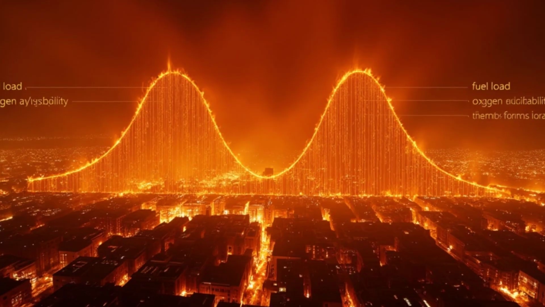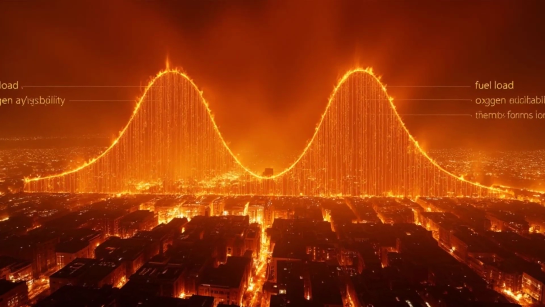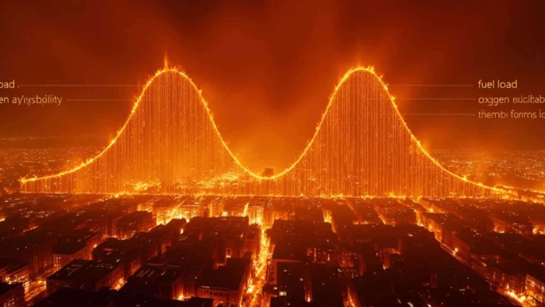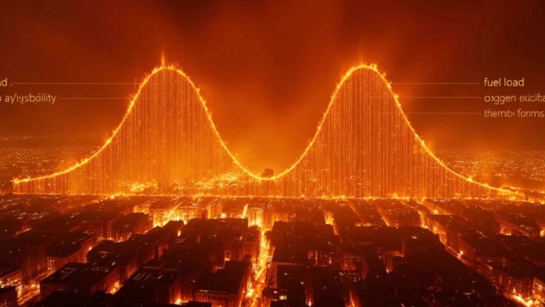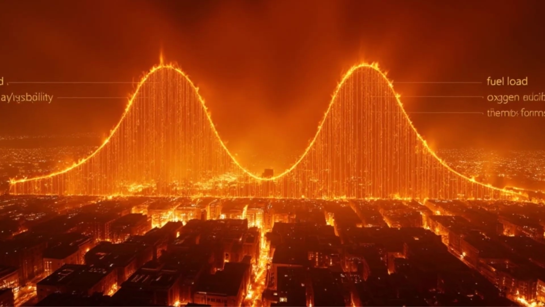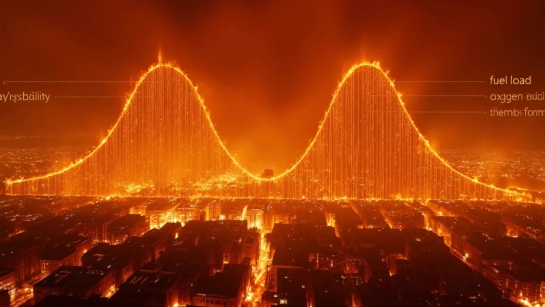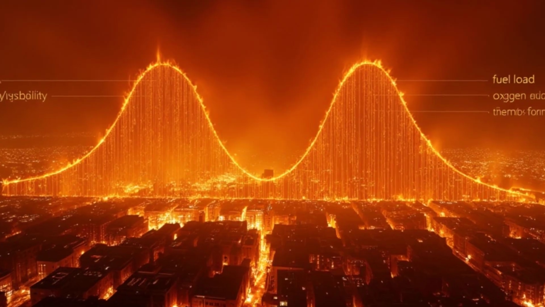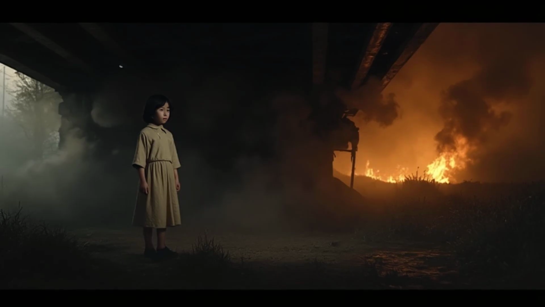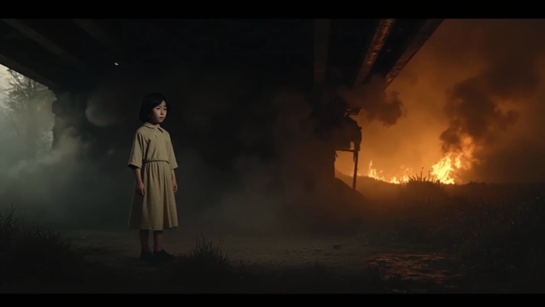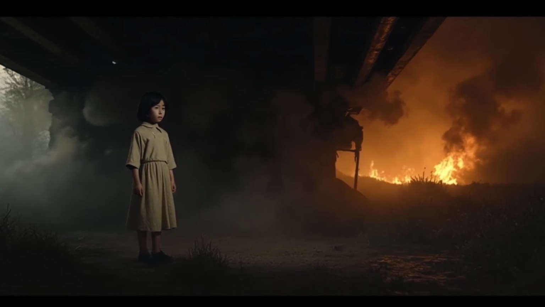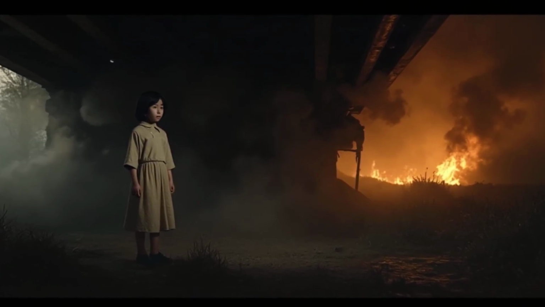The operations researchers had run sensitivity analyses on their casualty predictions. They had confidence intervals and margin of error calculations. They knew, with 95% statistical certainty, that between 90,000 and 110,000 people would die that night. Miyoko became number 97,543 in their final count, a data point that proved their models worked exactly as designed.